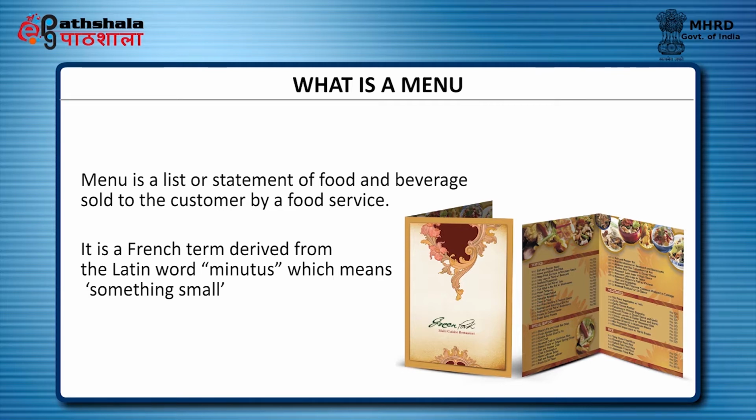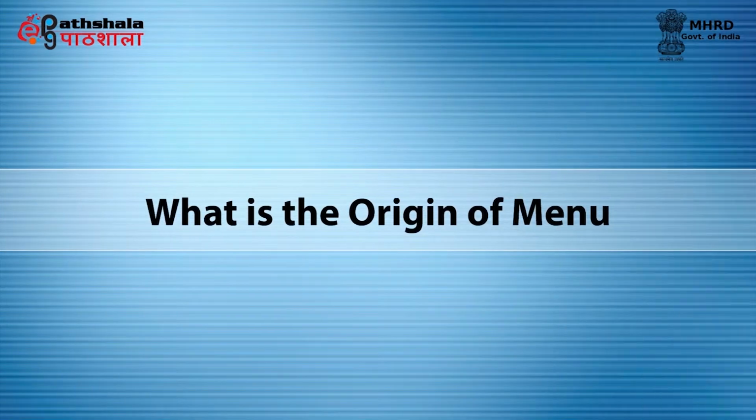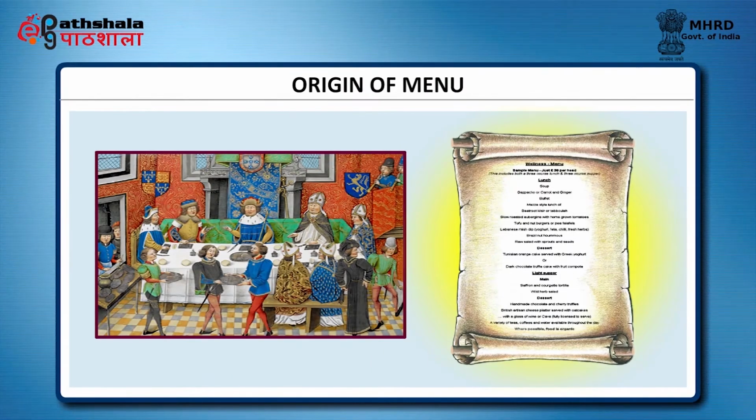It is a French term derived from the Latin word minutus, which means something small. But let me tell you, in the earlier days, when we look at history, the list wasn't small. Originally, the menu was not presented at the table before the guest. Nearly 10 to 40 dishes were placed before the diners entered, and after it was consumed, another set of dishes